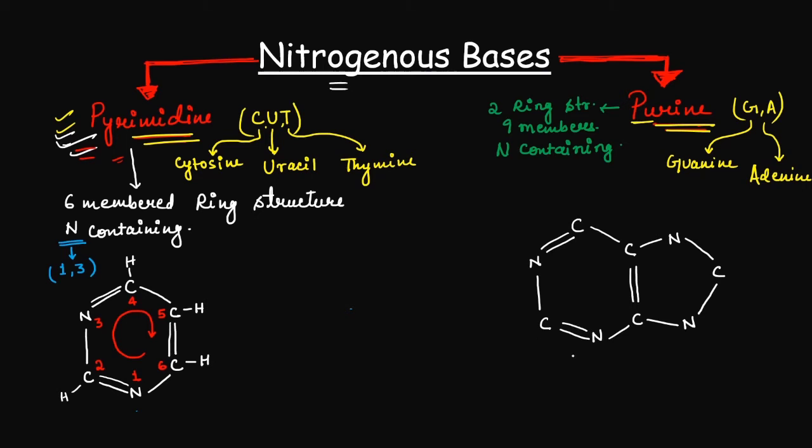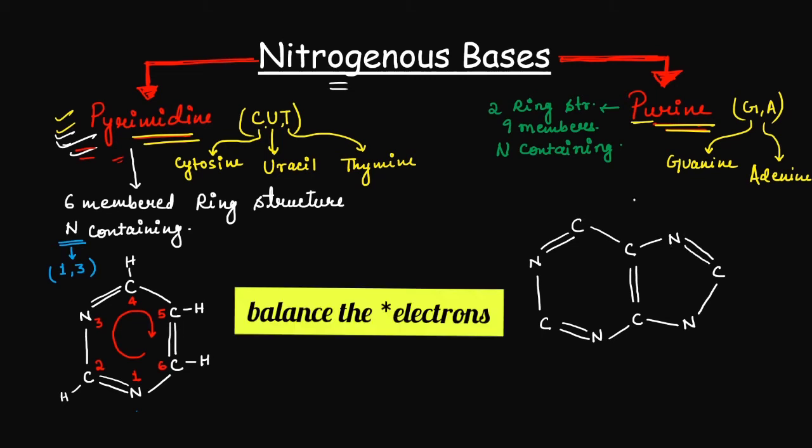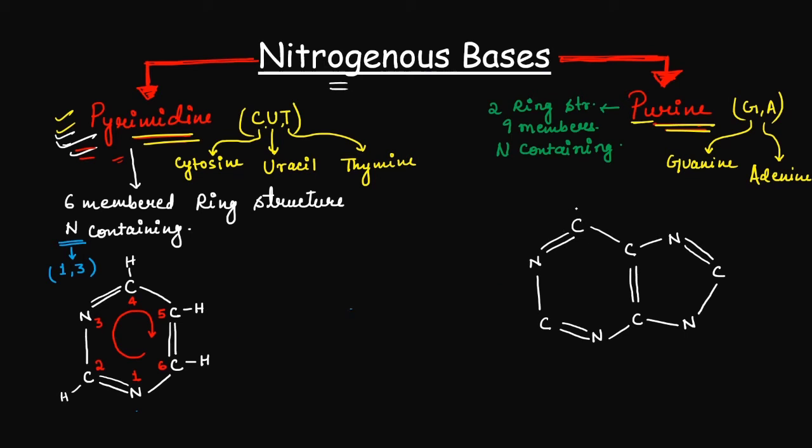First we will draw the pyrimidine structure, and then on the side where both the carbons are present we will attach one nitrogen to each, and then these 2 nitrogens will be bonded to a single carbon, and here is again our double bond in this ring. Now we have to balance the bonds. So this carbon has only 3 bonds, so there will be one hydrogen. Now this carbon has only 3 bonds, so again one hydrogen. Its electrons are balanced. Now these 2 carbons have all the electrons balanced. Now in case of this nitrogen, one hydrogen is required, and in case of this carbon, one hydrogen is required.